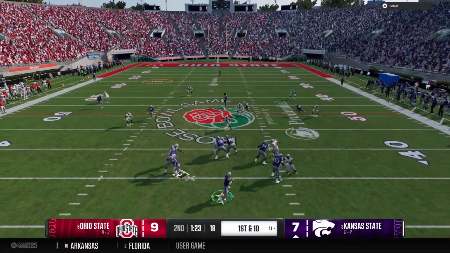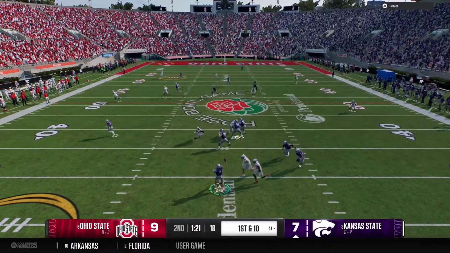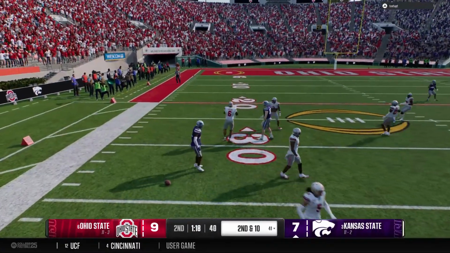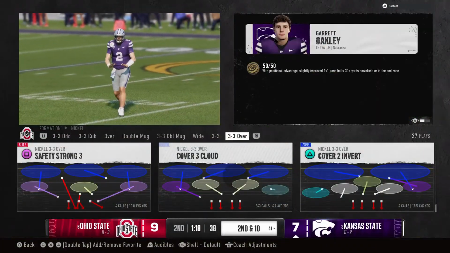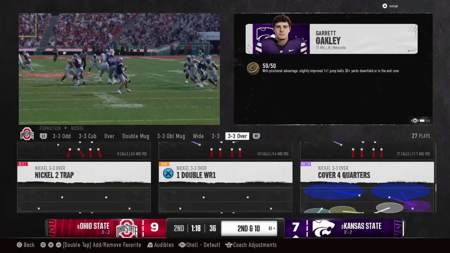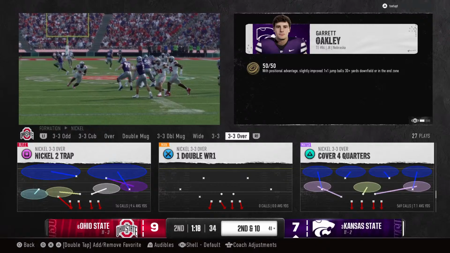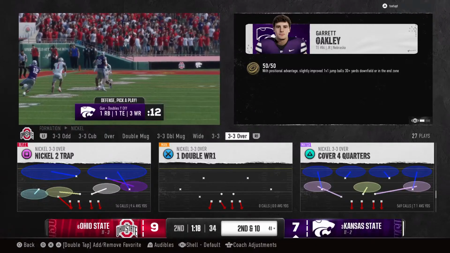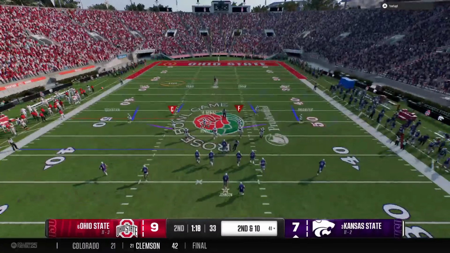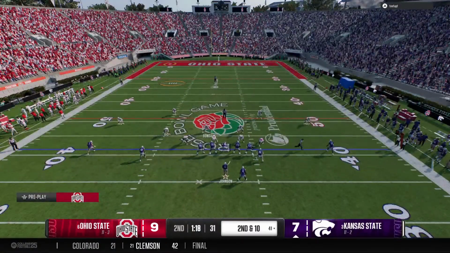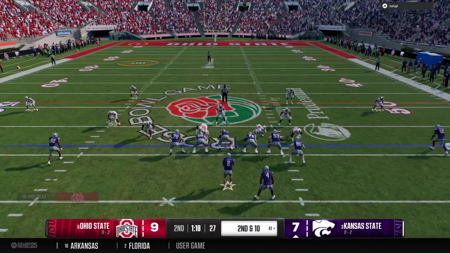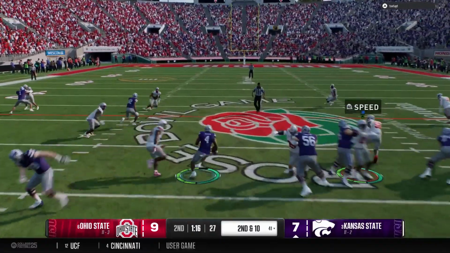On 1st and 10, looking to throw. Looking for his big tight end. And this is dropped. Would have been a huge gain, but he could not collect it. You get a tight end like this, and you know he's used to dishing out the punishment, but here, he's the one that has to absorb the contact, and as a result, he's unable to hold on to the football. On the ground, it's Jackson.